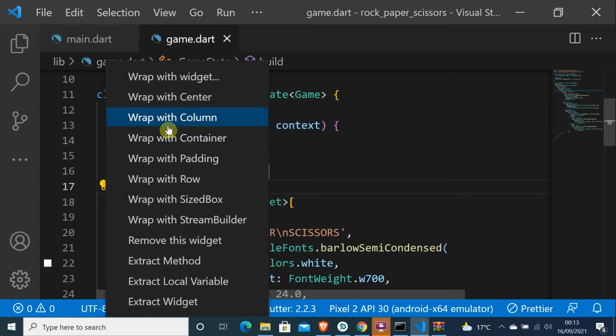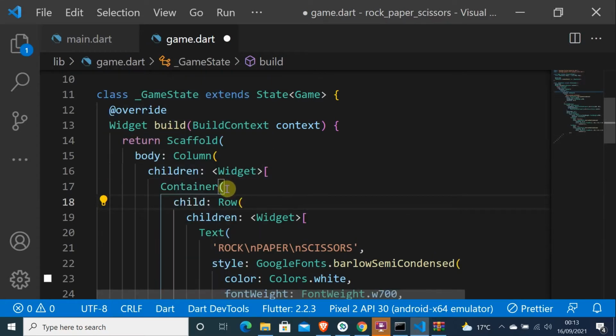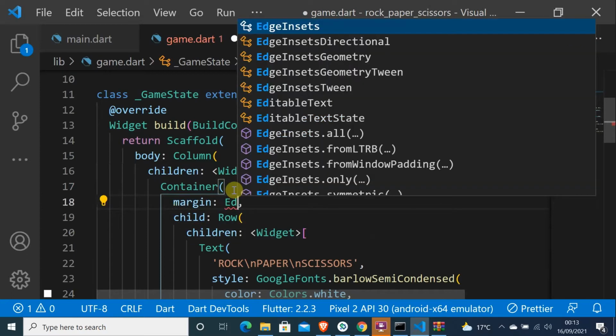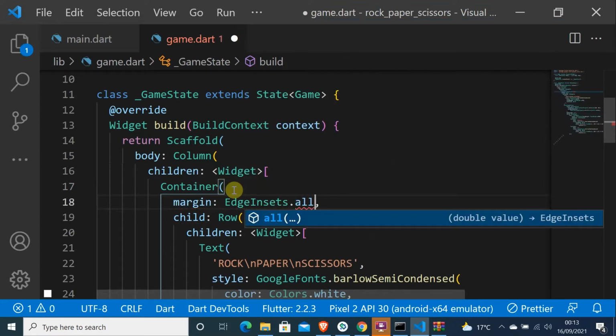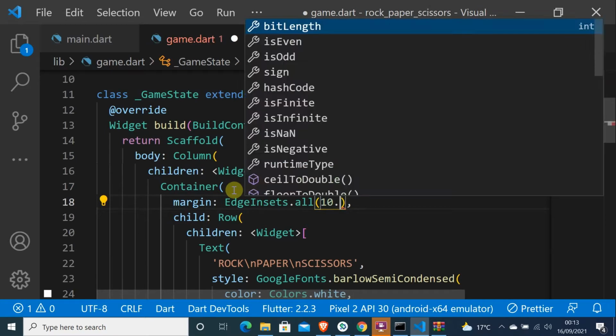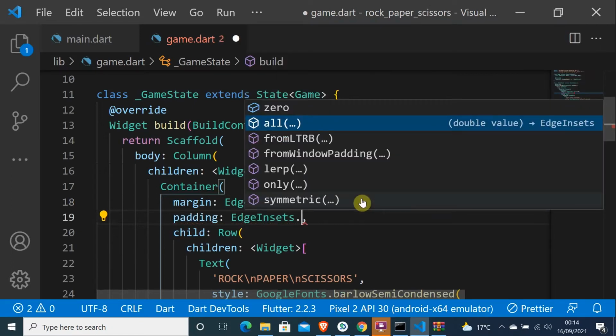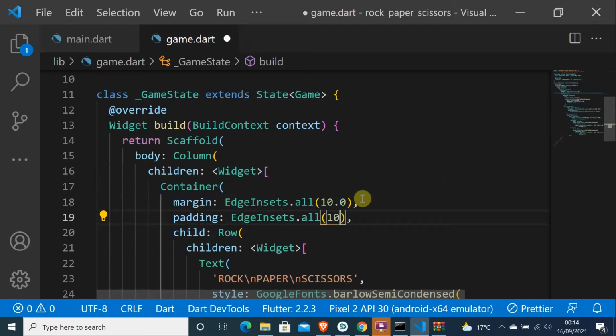Then put a container, wrap with a container here, and let me just see, wrap with a container, and let me put margin EdgeInsets dot all, and put 10.0, and put padding, and the padding EdgeInsets dot all 10.0, and do BoxDecoration,